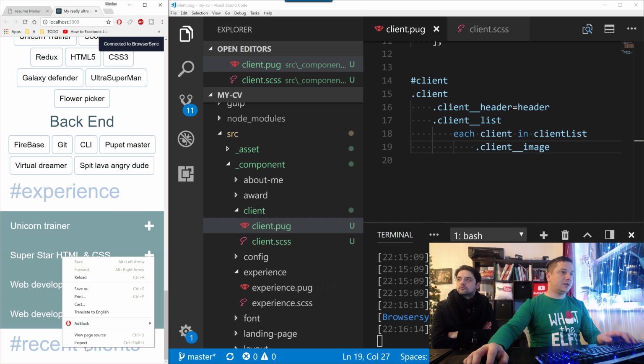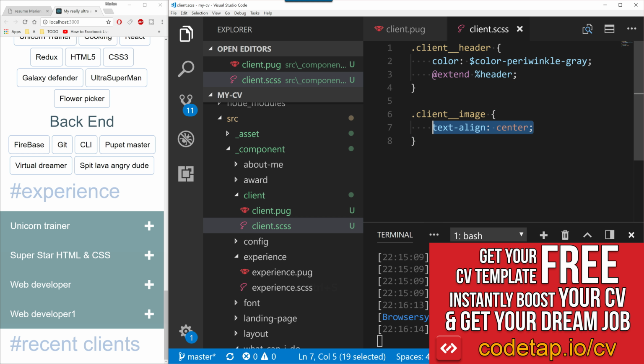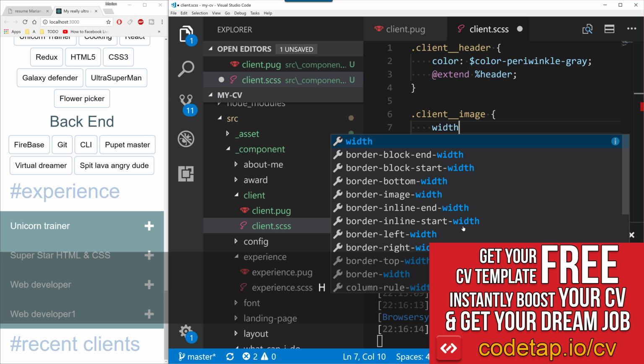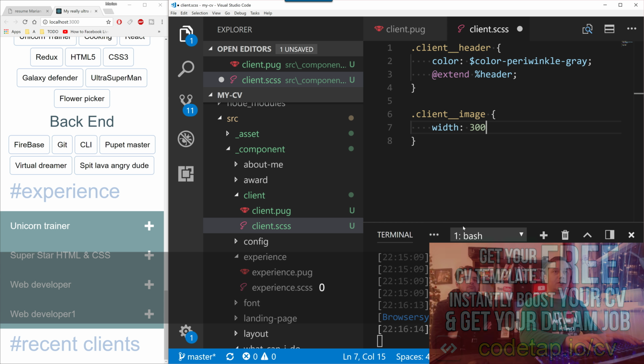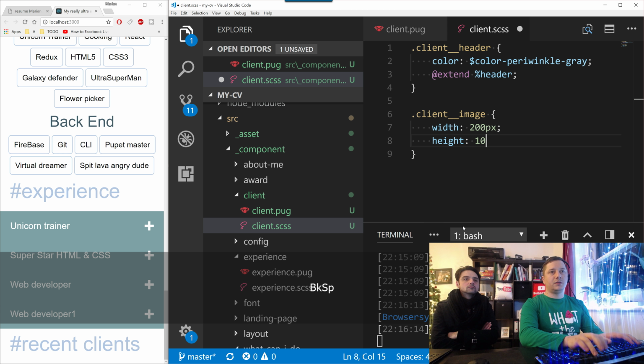Let's confirm that. So in here, in client lists, we have client image 6 times. Okay. So let's style this client image. Let's say width 200 pixels, height 150 pixels,